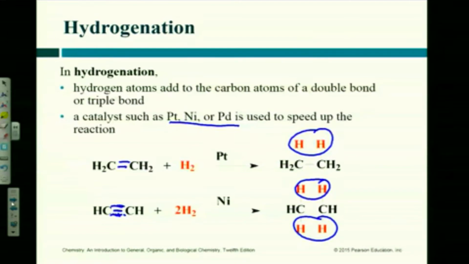So the stoichiometry in the balanced reaction tells me 1 mole of hydrogen for an alkene, 2 moles of hydrogen for an alkyne, okay? With a catalyst. You have to have something to catalyze this reaction. If you just take hydrogen and do it, it doesn't work. So how do they hydrogenate oils? They put hydrogen through it and they use a metal catalyst like platinum to cause it to work. They pass the oil over a platinum catalyst and they bubble hydrogen through it at the same time.